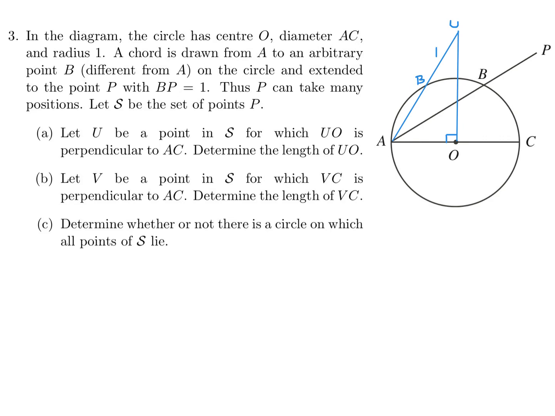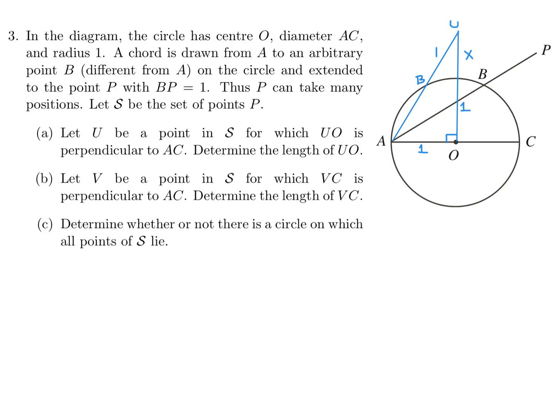And then from the top of the circle here to U, that I don't know. So I'll just call that X, that distance from here to here. But I do know that the radius of the circle is 1. So that means this distance is 1. So let's just put that in there, 1. And this is also 1. Okay, I think that should be enough. All right, so